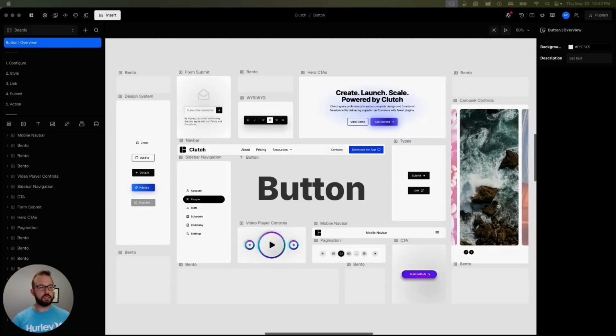The button element is unique in the fact that not only does it work as a button to submit some type of form or perform some type of action, like advancing through a carousel or pagination, but also the fact that our buttons can be configured to work as links. We made this decision with Clutch Elements to allow Button to be able to swap between its behaviors, between links